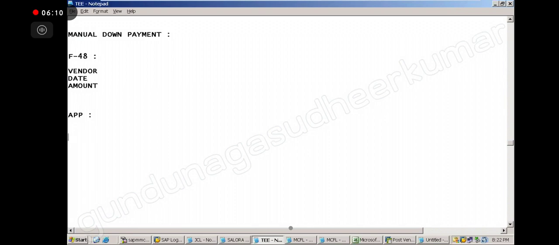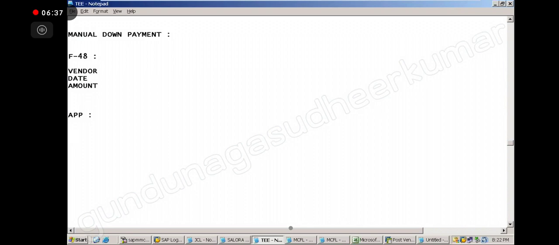Understood, everybody? Yes. When you are doing manual payment, you are personally giving this vendor, this date, this amount I want to pay. But when you are doing it through APP, for advance an open item is also not there. Then how will APP know what amount you want to pay, which vendor, and when? So that information we have to provide to APP.